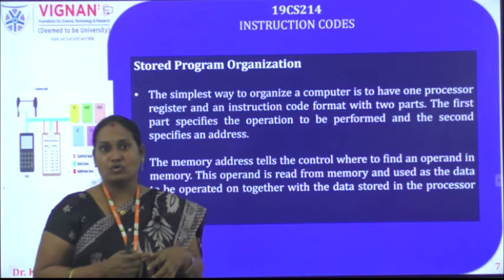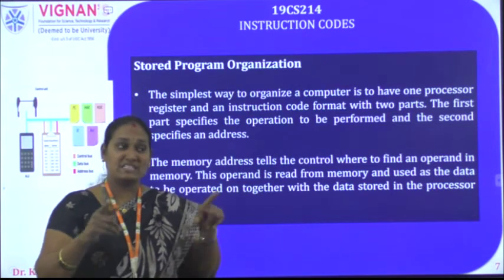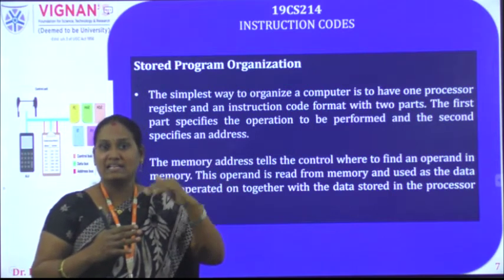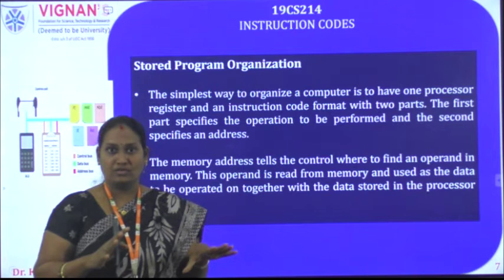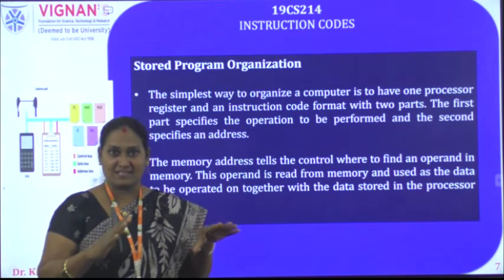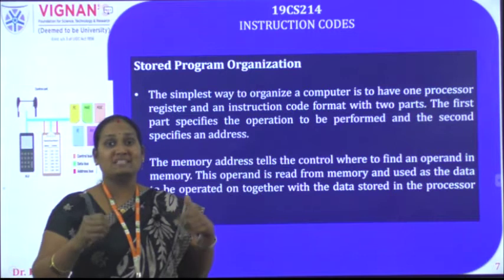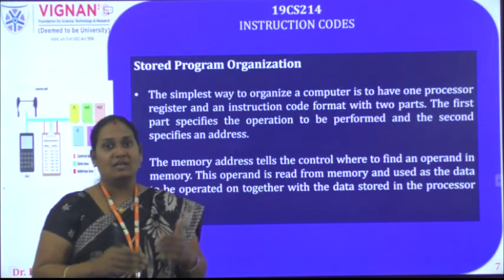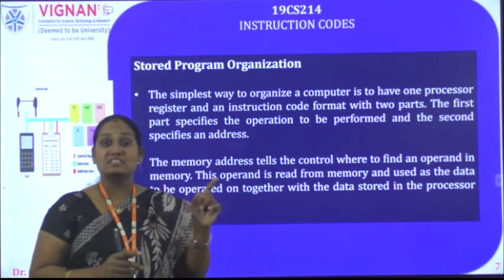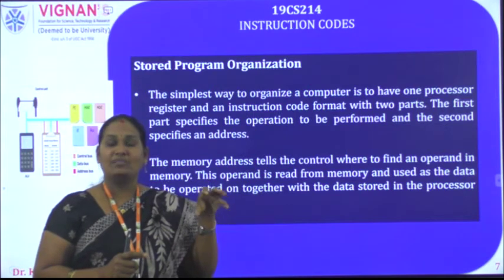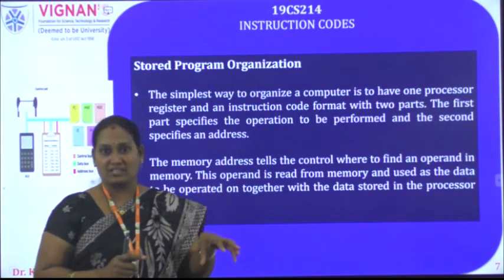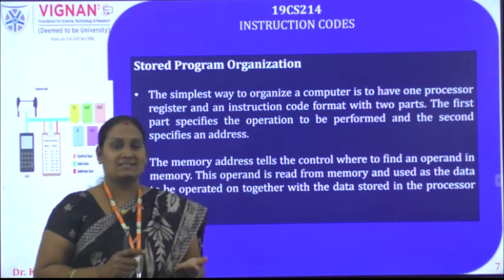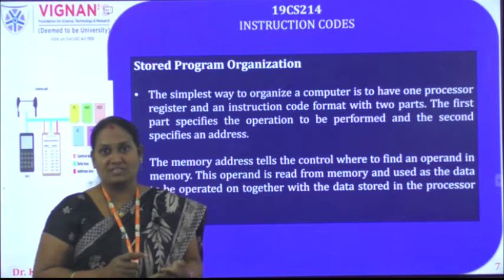Now what is an instruction code? An instruction code is a specific format in which we represent a particular computer instruction. It is also a group of bits, but it specifies the format of that particular computer instruction. Coming to operation code, an instruction code contains various parts. Out of all those parts, the major part is the operation code, which specifies a specific operation for the computer, such as addition, subtraction, logic operations, shift operations, etc.